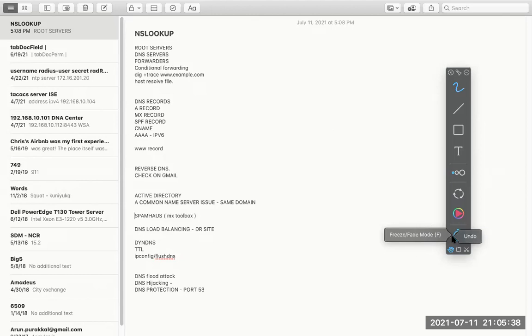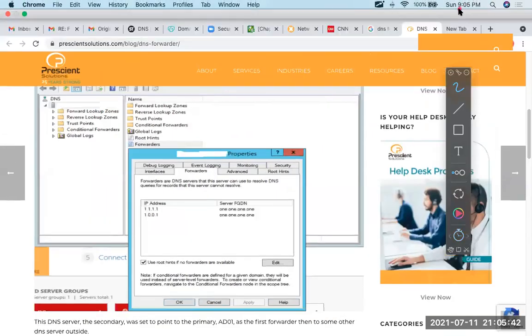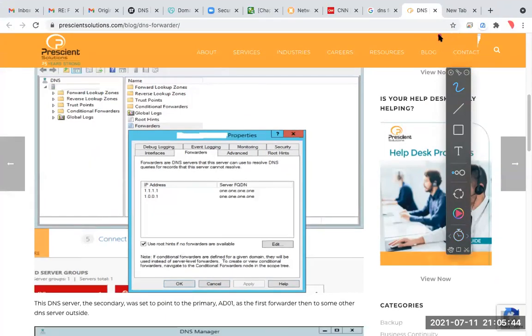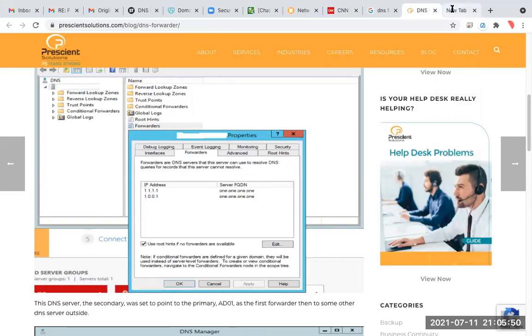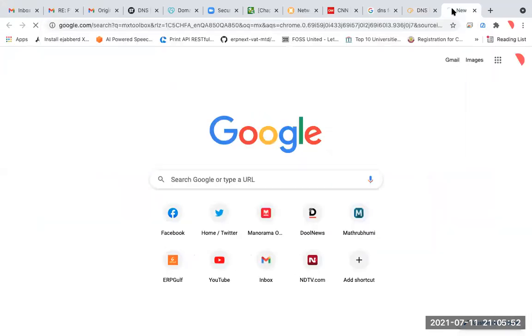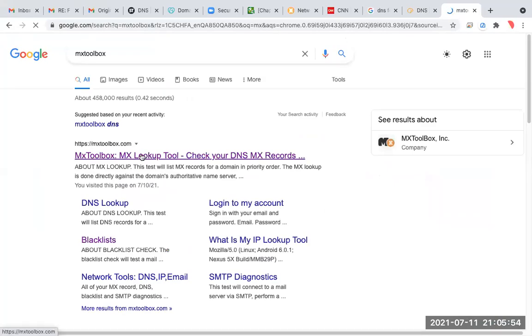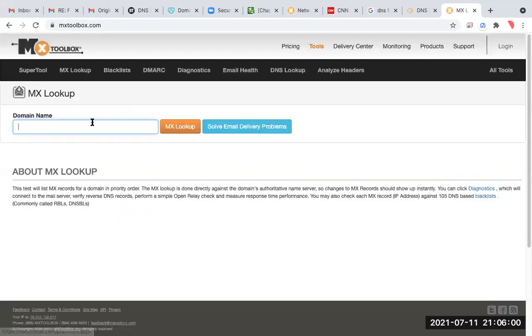And as a final point, if you don't know this, you can use it. It is called MX Toolbox. If your company is sending spam or something using your IP address, you can look here for the blacklist.